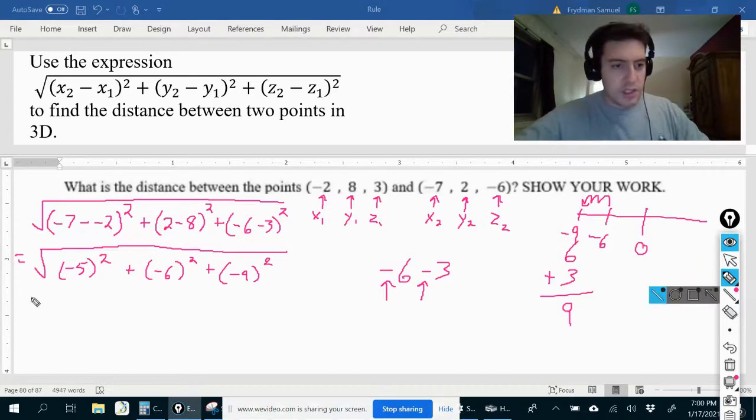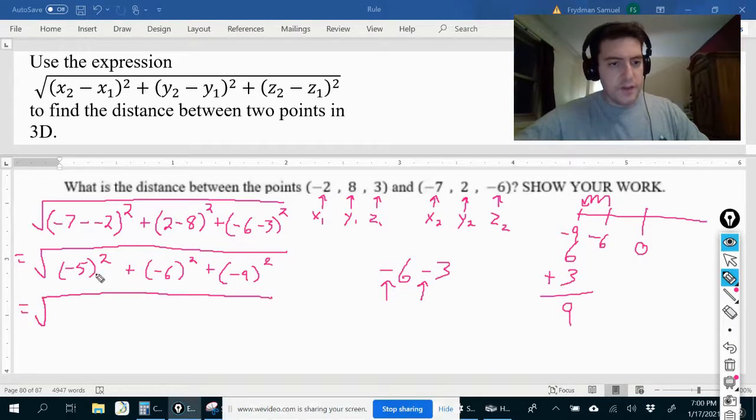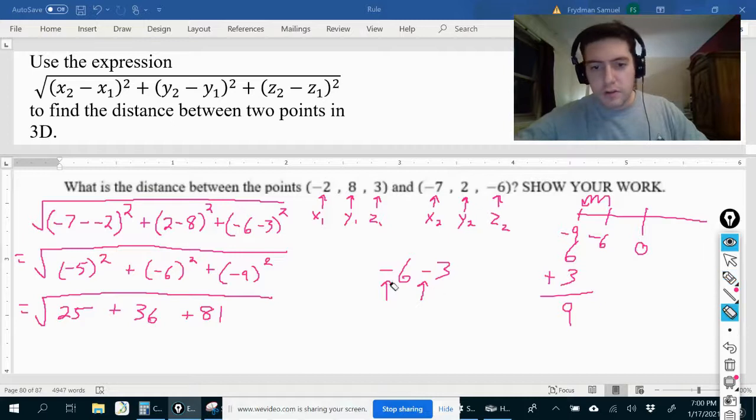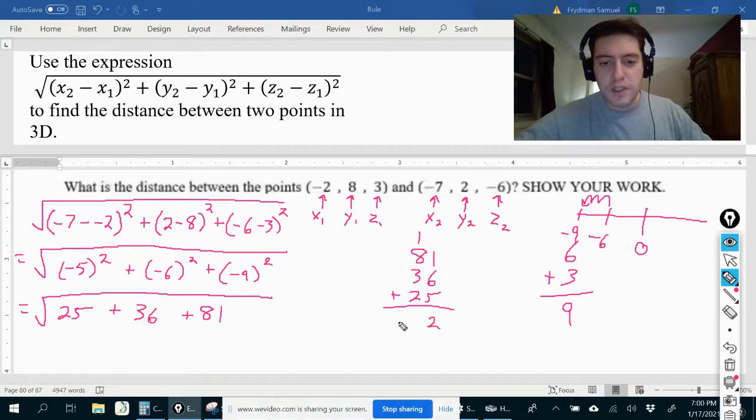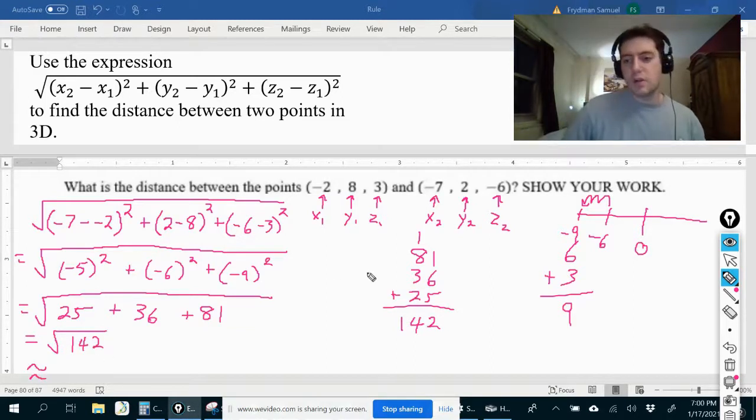Okay, all right, so just continuing here, this is going to give us -5 times -5 is +25, plus -6 times -6, because we're squaring it, is +36, plus -9 times -9 is +81. So let's work that out over here. 81 plus 36 plus 25. So that's 1 plus 6 is 7, plus 5 is 12. Carry the 1. 8 plus 3 is 11, plus 2 is 13, plus the carried 1 is 14. So we have 142. So we have to take the square root of 142, which will give us approximately,